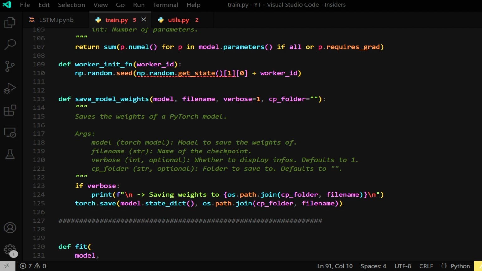So this np.random.get_state, and then I'm taking 1 from the first list and then the 0th element. This function returns the internal state of NumPy's random number generator. The state is a tuple with multiple elements where the second element, indexed by 1, is an array corresponding to the current seed value, and from that I'm taking the 0th element. To that I'm adding the worker ID. So overall this expression will make sure that each worker gets a unique seed for the random number generator, thus